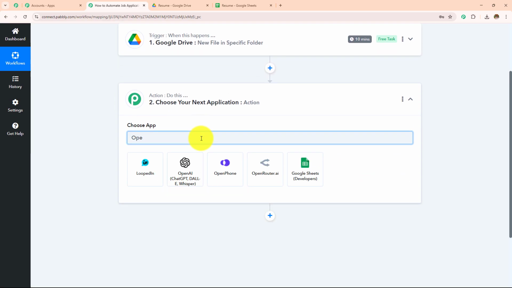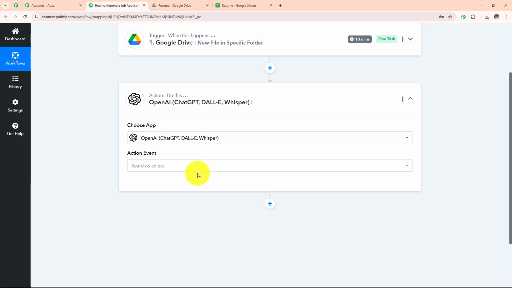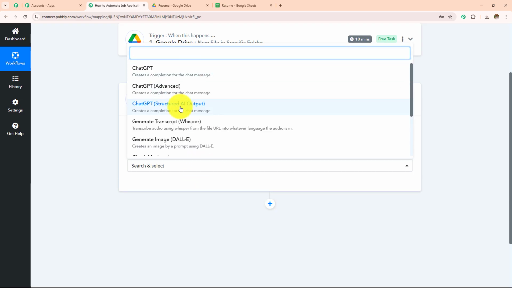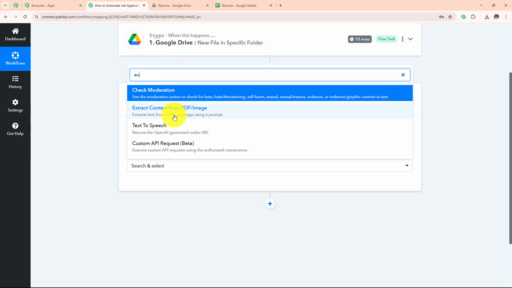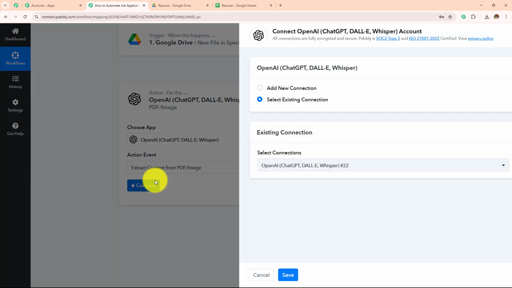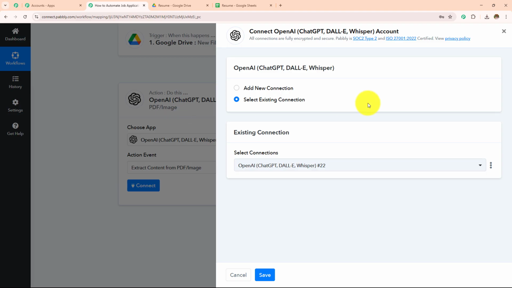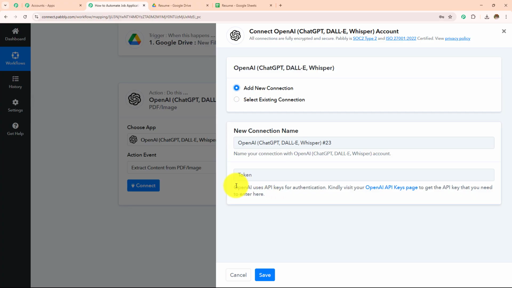So here in my action application, I will be taking OpenAI, and then in my action event, I'm going to select this as extract content from PDF. Now I'm going to click on this connect. If you have an existing connection, go with save. If you don't have one, click on this add new connection, and now to make this connection, we have to